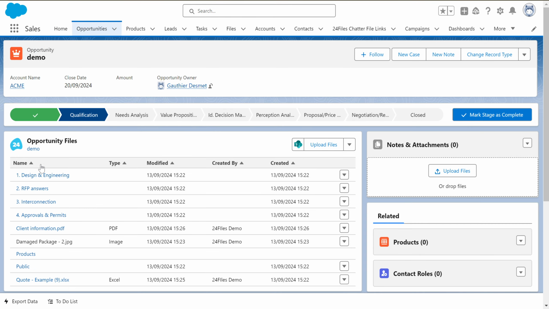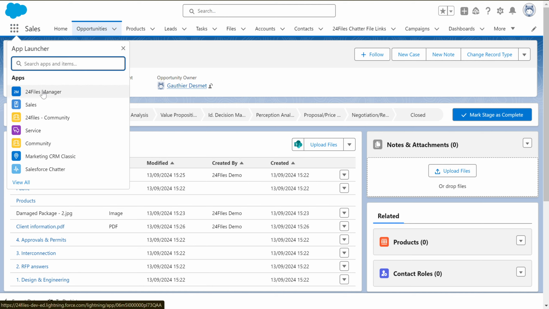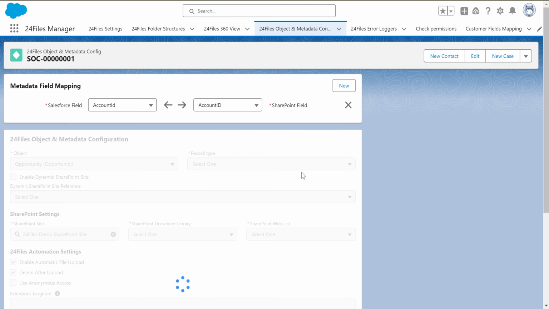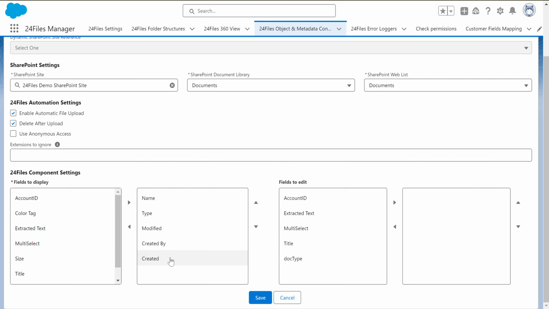So we see here in the 24 files opportunity a number of metadata fields: name, type, modified by, created by, and created. Now if we head back to the manager app, let's go back to the metadata configuration. What we see are exactly the metadata fields we see here, and if we want to, we can add additional ones. The fields to edit section I'll explain in a minute, but let's first have a look